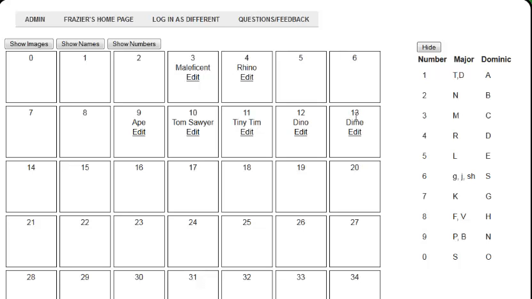Now, I suggest that you start with this major method, but I'm also going to introduce here this Dominic method, which you can use as well. It doesn't really matter, and if you want to, you can mix and match, because you're not going to have to decipher these memory objects. You're going to memorize them. You're going to know that, after a little bit, you're going to know Tom Sawyer, that's the one you use for 10 over and over again for the rest of your life. Because once you've done that, then these just become objects that you can combine, and you can easily combine them. So I will show you an example of where I used the Dominic method, and